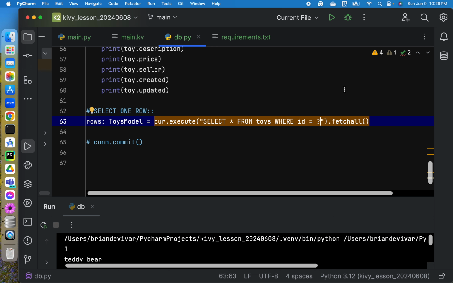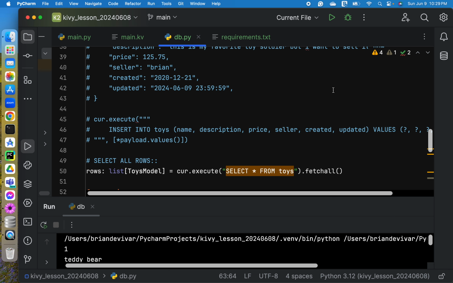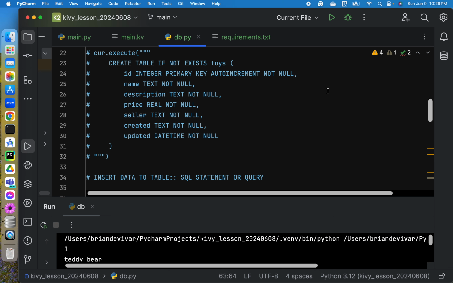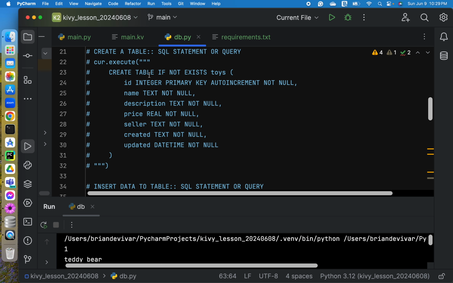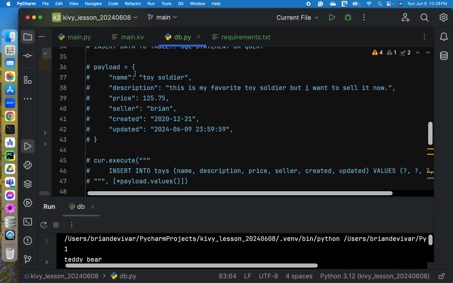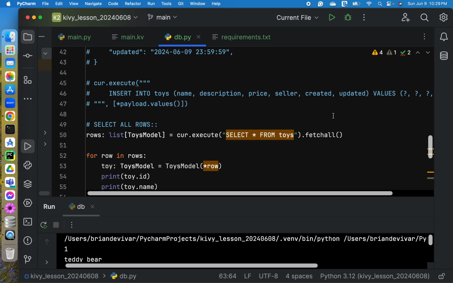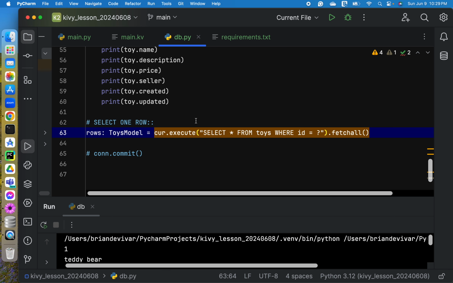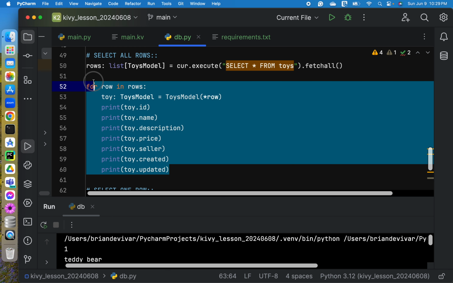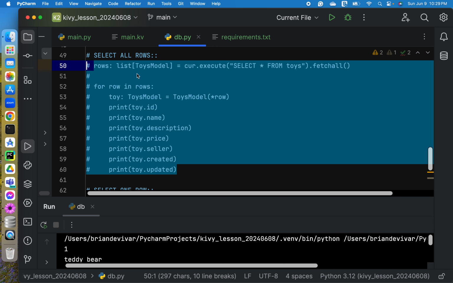So just like what we did in the insert statement, we need a payload. Let me comment this out real quick.